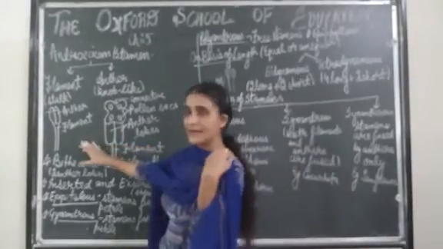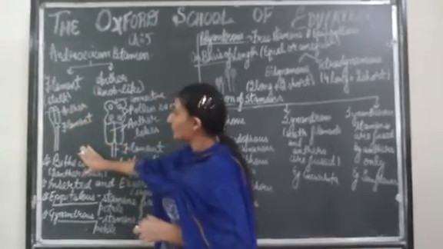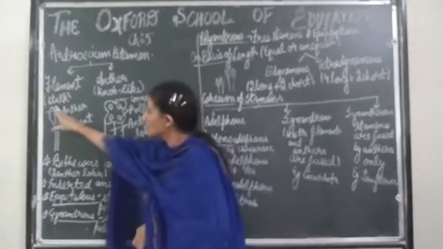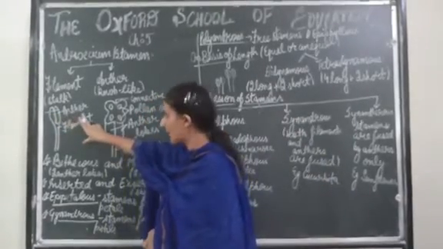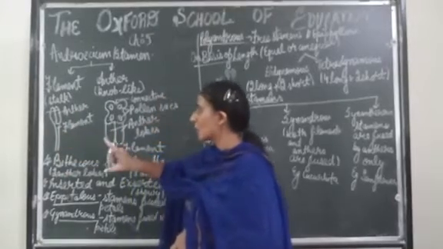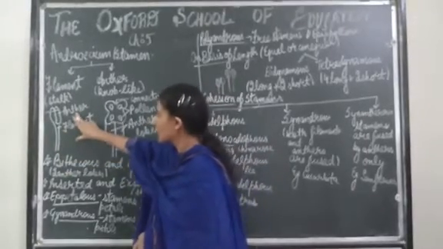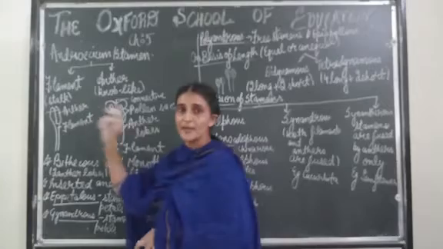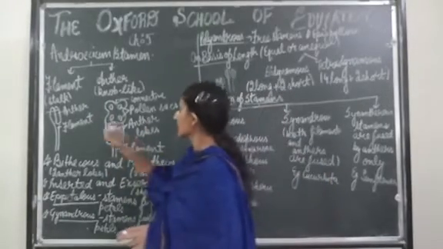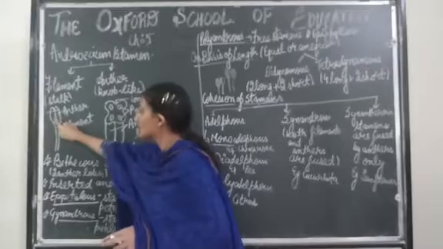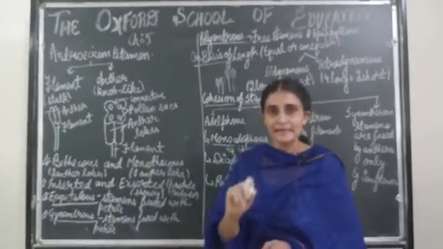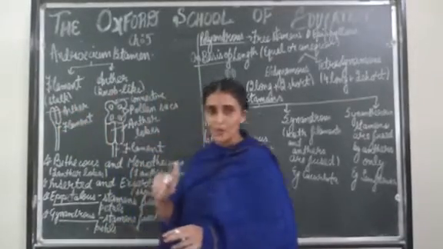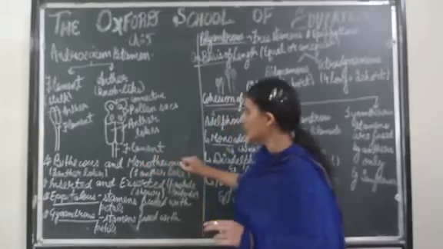So let's take a look at the diagram. This is a typical diagram of androecium, which is divided into two main parts. The upper, knob shaped structure is known as the anther, and the stalk like structure is known as the filament. Anther may be bilobed, as you may see in the diagram, there are two lobes, or it may be single lobed. In case an anther consists of two lobes, it is known as biathecous anther, and in case it consists of only one lobe, it is known as monothecous.